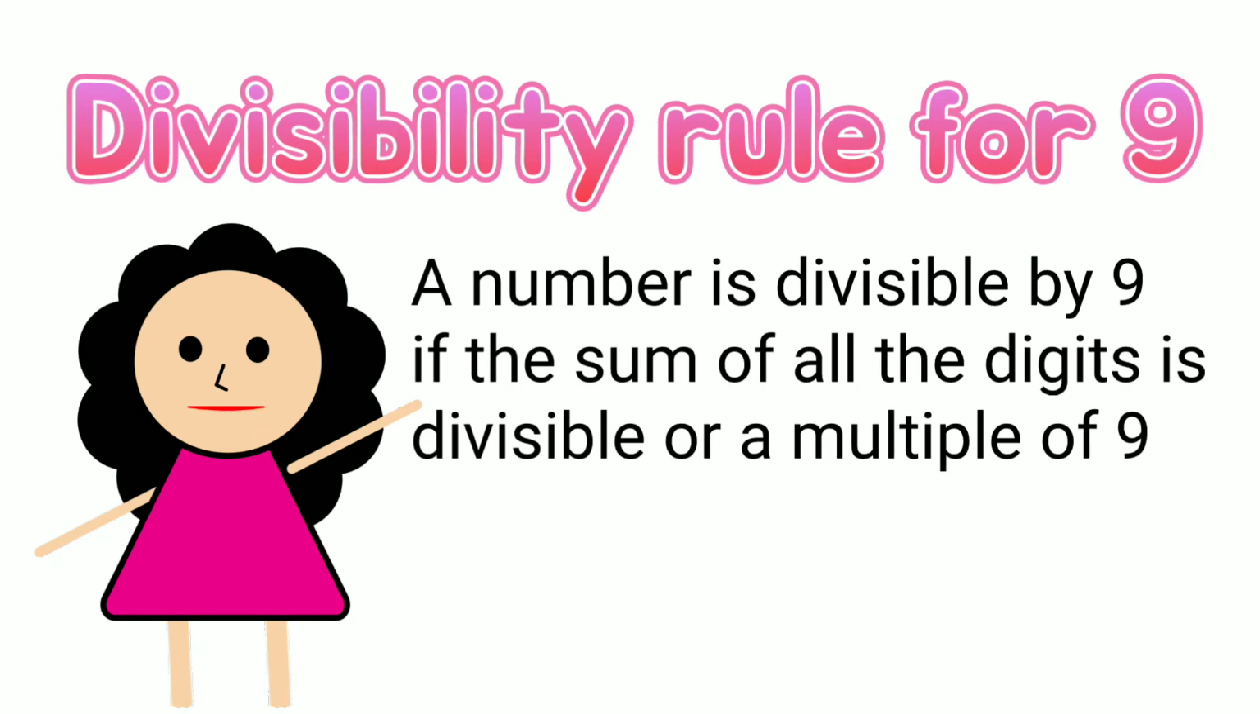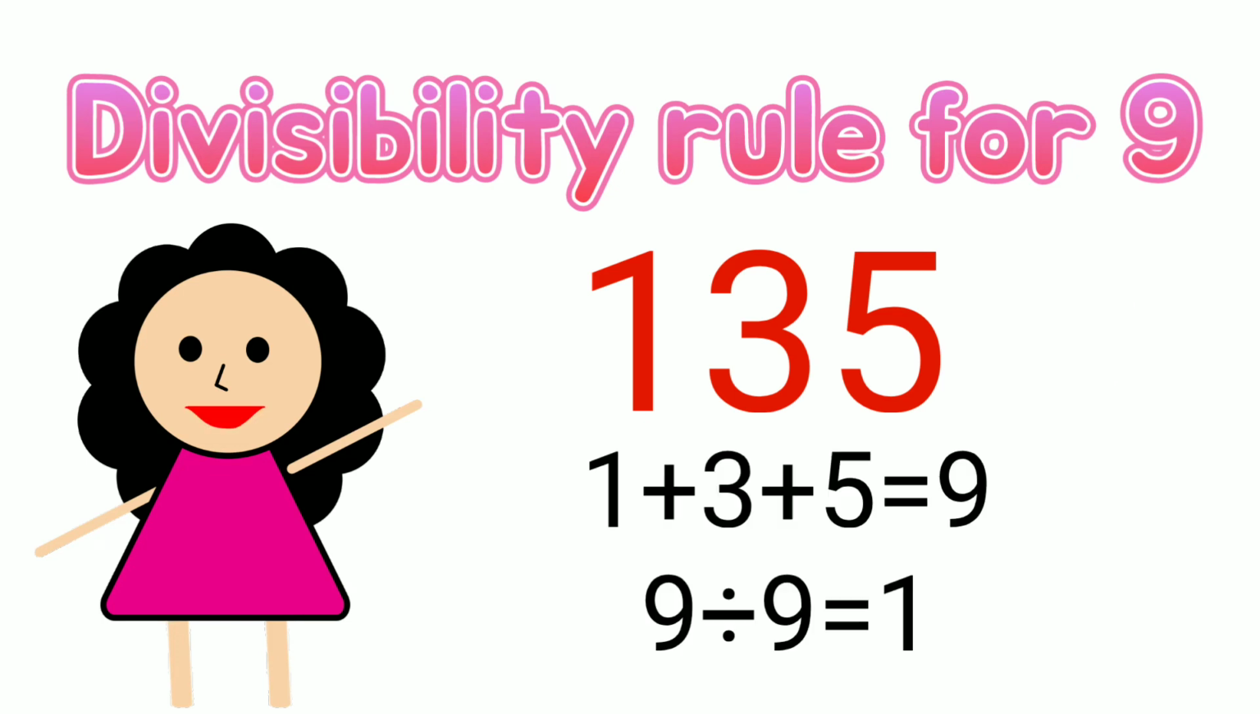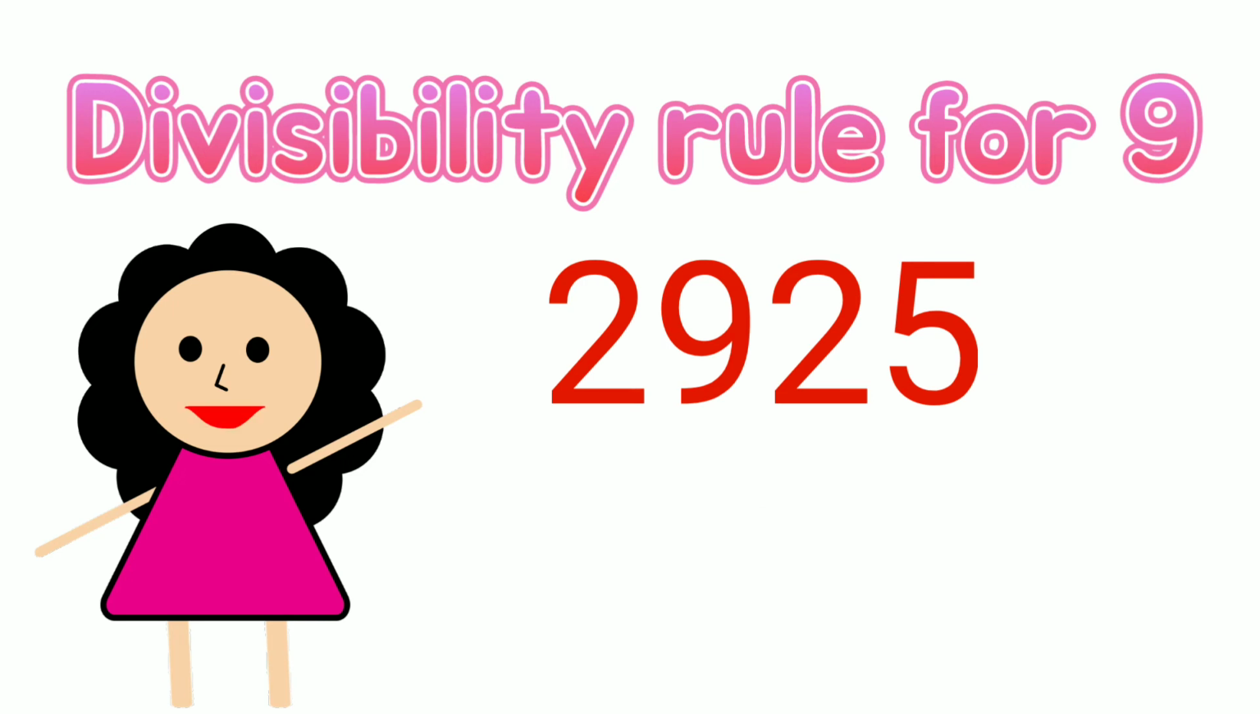Divisibility rule for 9. A number is divisible by 9 if the sum of all the digits is divisible by, or a multiple of, 9. For example, 135. Add all the digits, then divide the sum by 9. Therefore, 135 is divisible by 9. To check, 135 divided by 9 is 15. Another example,